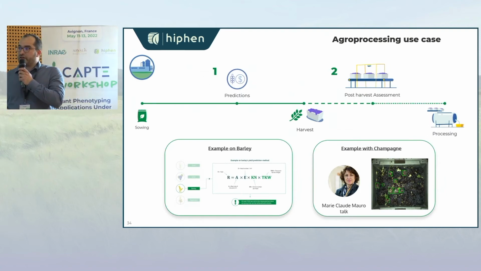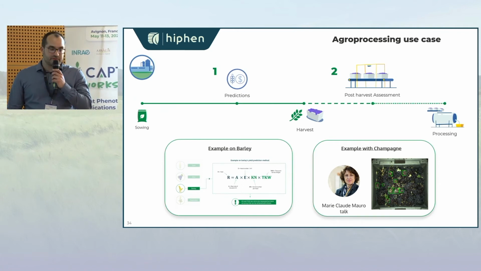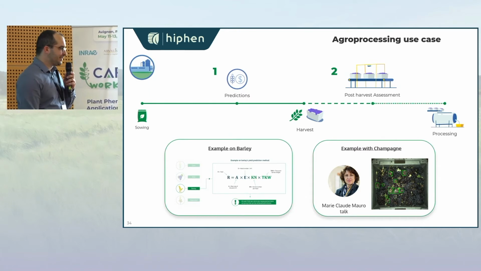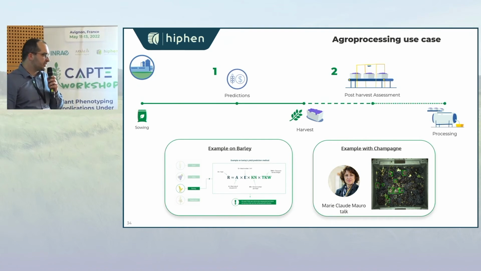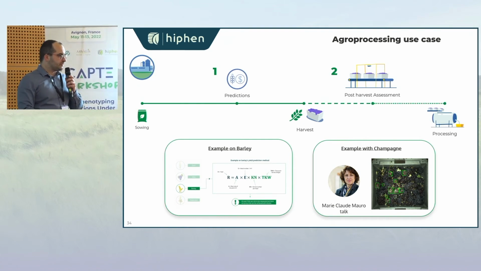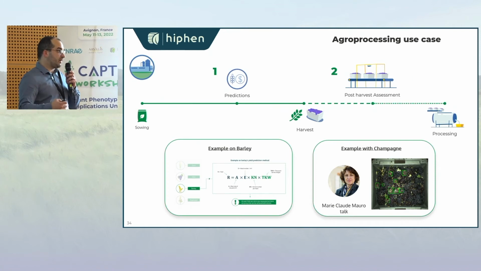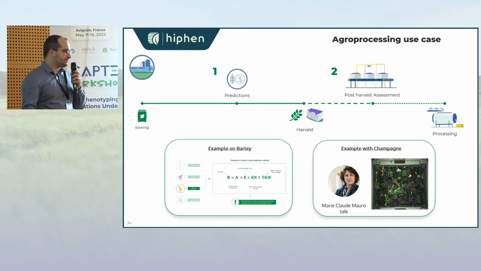The second use case I wanted to speak about is agro-processing. There, agro-processing can be everything: making beer, making champagne, canned peas, or whatever you want. And they always have two use cases, always, always, always. It's predictions: how much am I going to make and which type of quality before harvest? And once I have my harvest, to make an assessment of how much they actually made before going and processing it. Because once you process it,